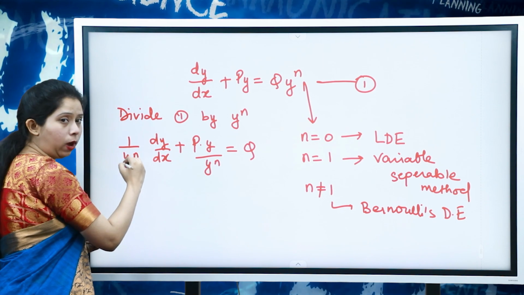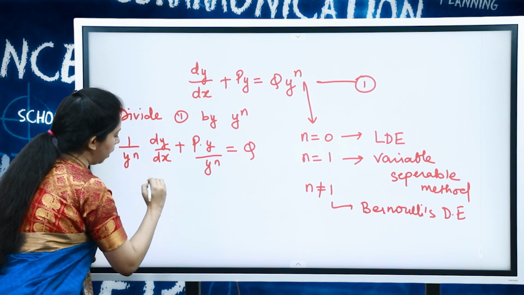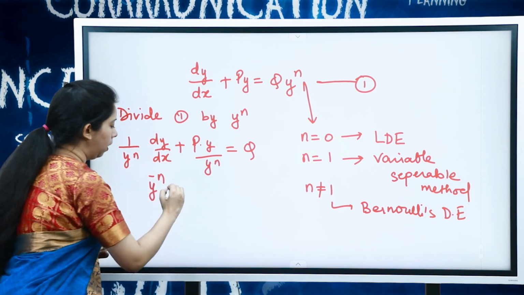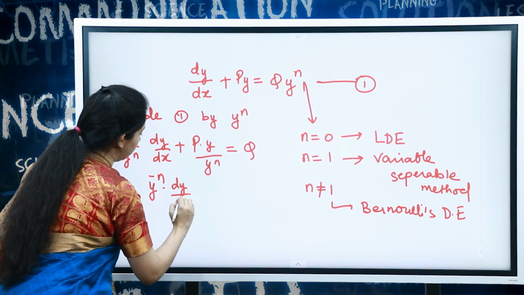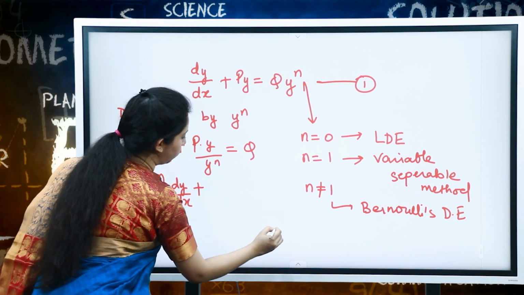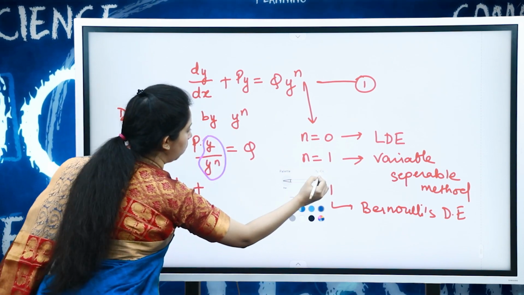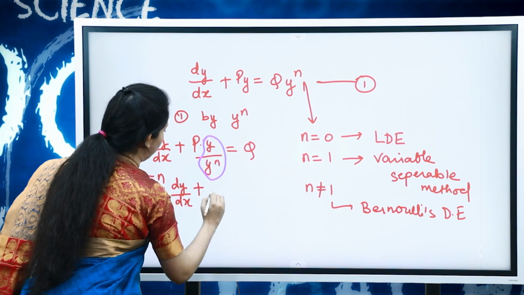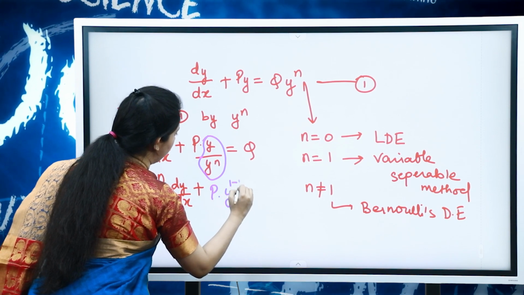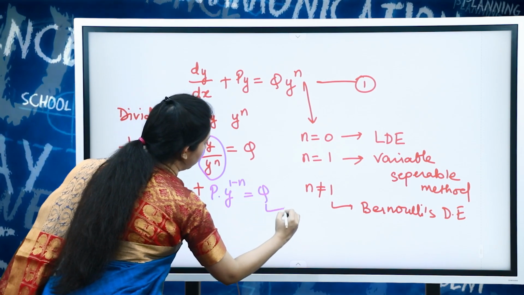Here we can take y^n in the numerator, and we will have y^(-n) dy/dx plus, by the power and exponent property, we can solve this. We will get p y^(1-n) = q. So, this is the